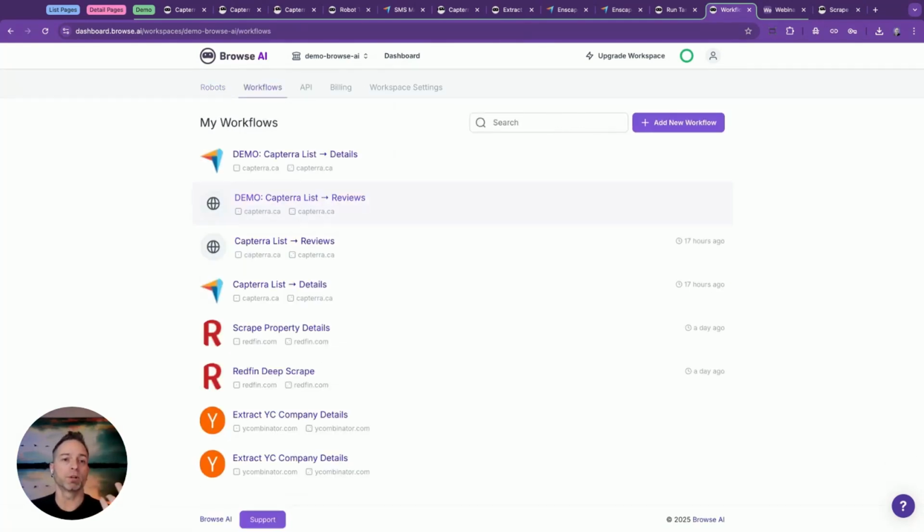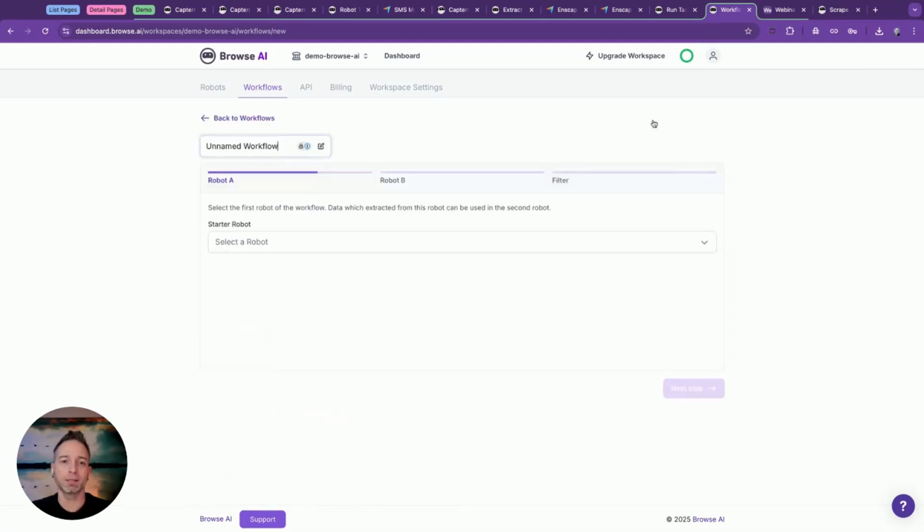So now we've got, let's go back to workflows. We've got these two workflows. When I get a Capterra list, run reviews. When I get a Capterra list, get the details. That's great. That's awesome. In this case, I had exactly what I needed. But what if I didn't have within my list the link to reviews? What if the link to reviews was only on the middle page, that detail page? What we can do is you can chain robots together such that this would run, get the details, and then the middle one would be